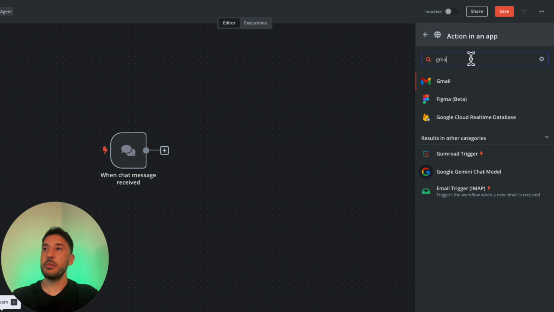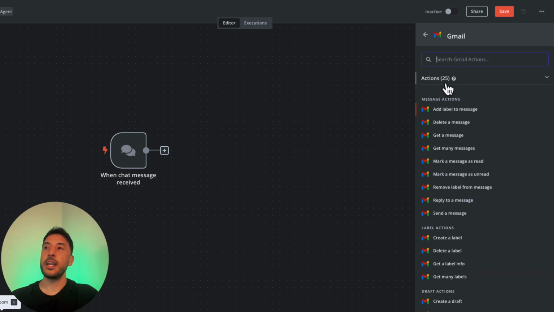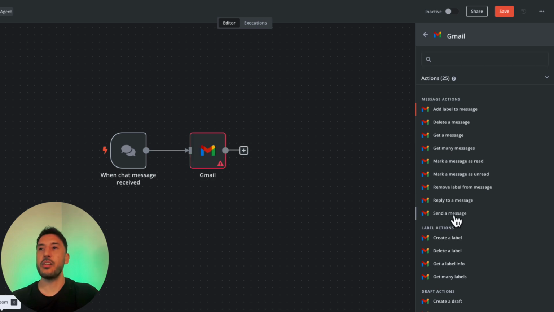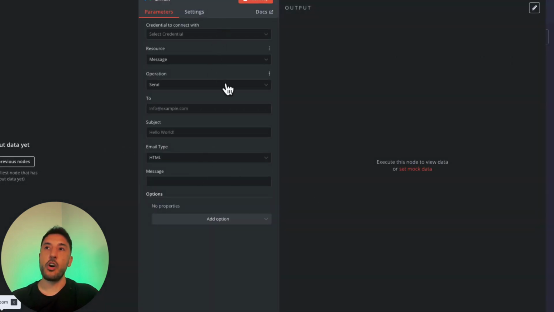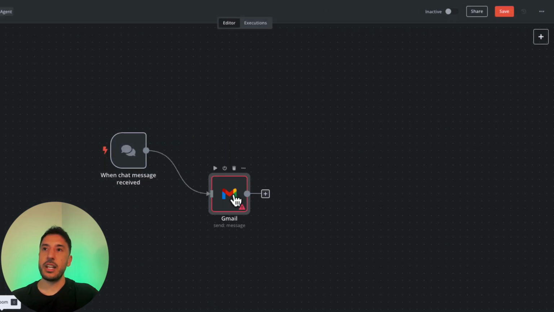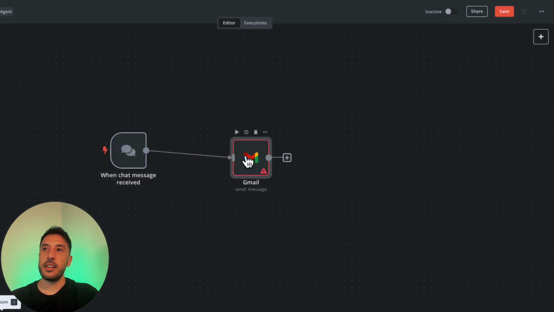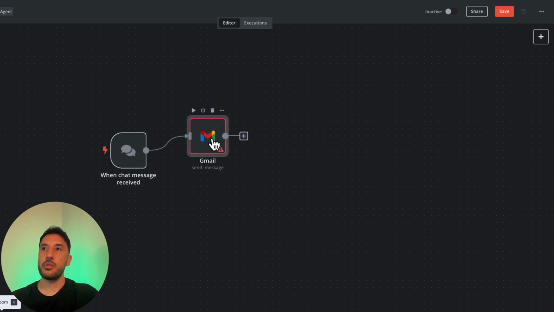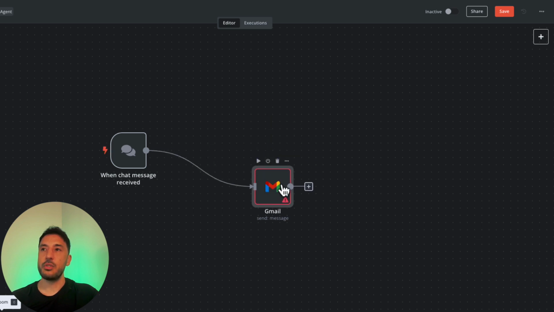If I search for Gmail, I can add that Gmail node, and further it's going to give me options: okay, what kind of Gmail node do you want this to be? So it gives you something more specific. For example, if you want to send a message, you can click on send a message, and as you can see, it will automatically open that node. Let's go ahead and get out of this, and as you can see, it is the next step that got attached to this previous trigger node. I can move this around, and it shows you that this node is attached to the previous step.